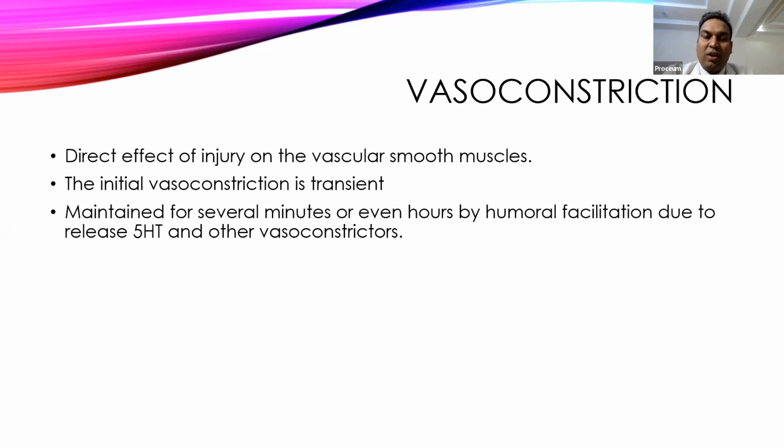So whenever there is an injury to the blood vessels, that direct injury causes severe smooth muscle contraction. Because the direct injury will irritate the smooth muscle and break it, it increases the calcium within the smooth muscle, which causes severe smooth muscle contraction. Heme means blood. Blood stoppage means hemostasis.